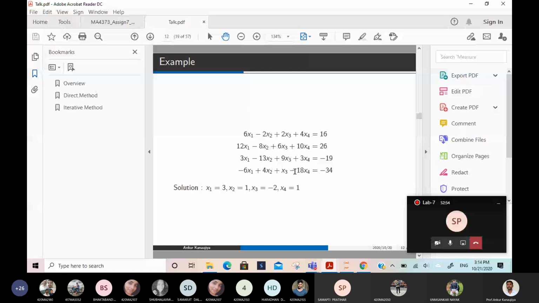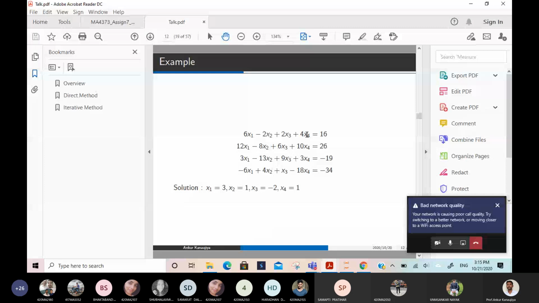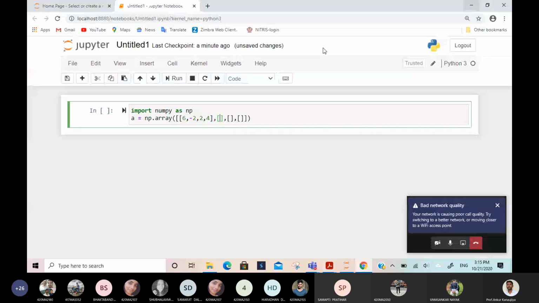Okay, so I will write the first row, second row, then third row, and then fourth row. First row: 6, minus 2, 2, 4. Second row: 12, minus 8, 6, 10.